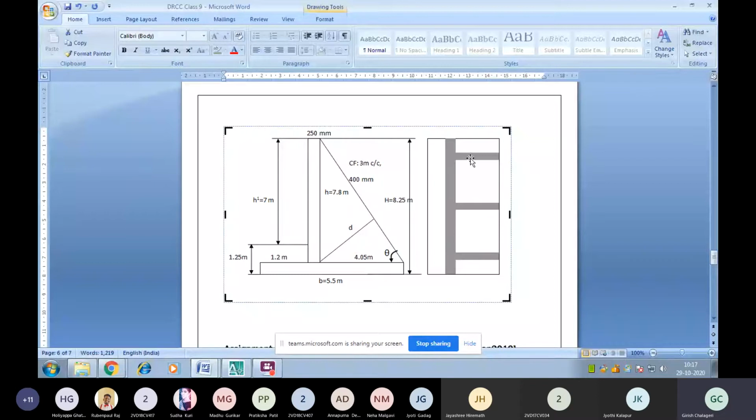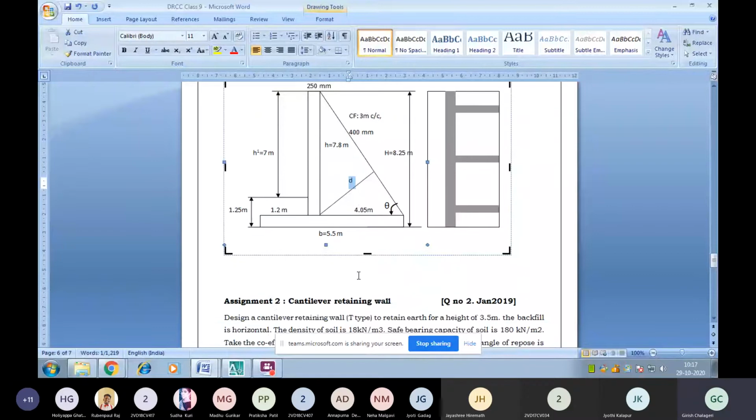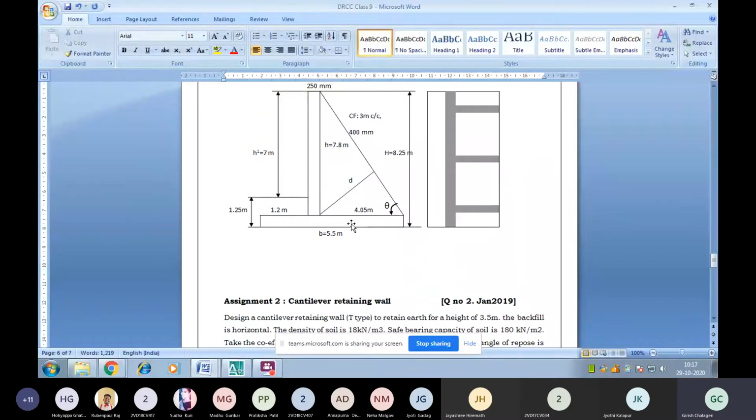400 is the thickness of this counterfort and provided distance 350. This length, we can see the diagonal length perpendicular for this counterfort will give the depth of counterfort when we are going to design. And this is the preliminary data we have got for the counterfort. Later on we design.